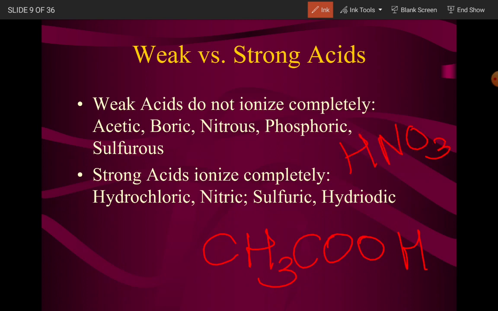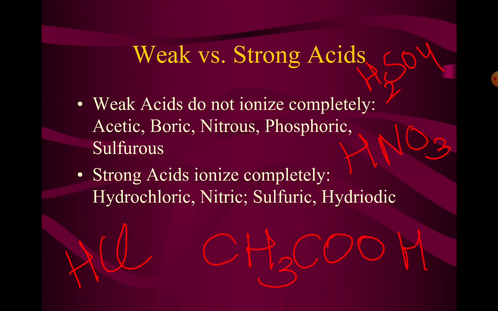And as we learned for nitric acid, it was HNO3. Similarly for hydrochloric acid, we have learned that it is HCl. Similarly, one more is sulfuric acid, that is H2SO4. These are some common acids which you need to learn. Strong acids ionize completely, like hydrochloric acid, nitric acid, sulfuric acid, and hydroiodic acid also. So HCl, and hydroiodic acid is HI.